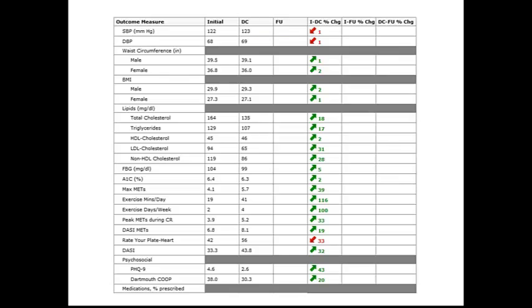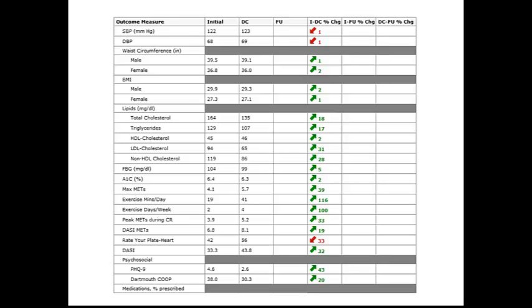Then I would go to the actual outcomes section of the report. And again, here I'm looking just to see if the numbers make sense, if the change is in the correct order. Is it going up or down, and is that correct for that particular measure?